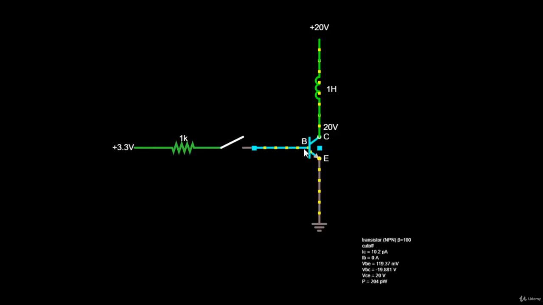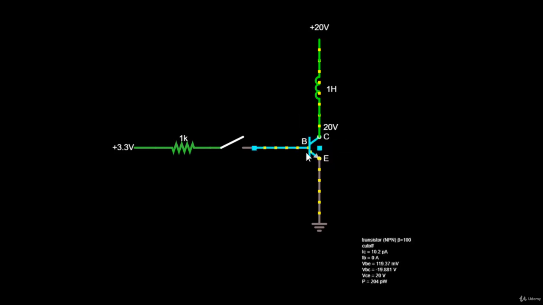And here we are. So I know we haven't learned about transistors yet. However, this is a very good example to show you that back EMF can cause really big problems. So how does a transistor work, you might ask? I won't go into detail because that would go beyond the scope of this lecture, but what we have to